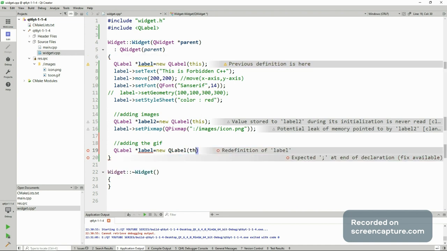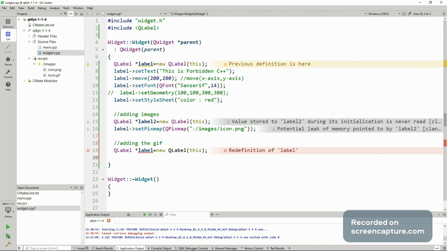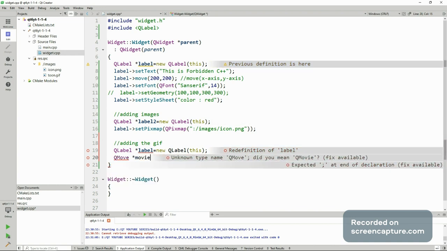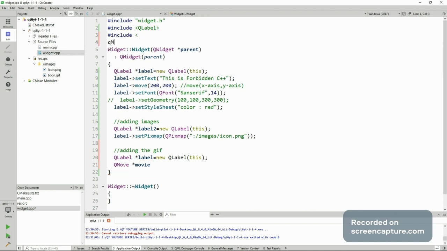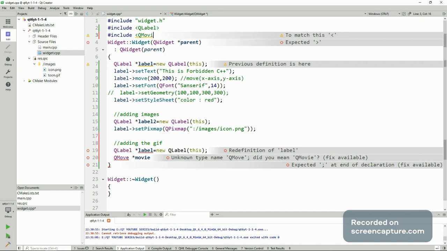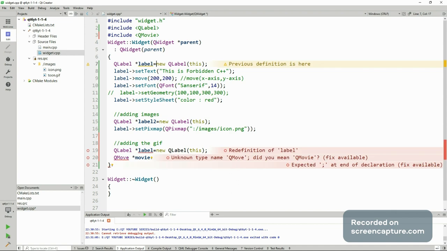QLabel and this pointer. Okay, and I'm just using QMovie and select a movie. For QMovie, I'm just going to include another header file, QMovie. Okay, QMovie, and here I'm going to name this label 3,